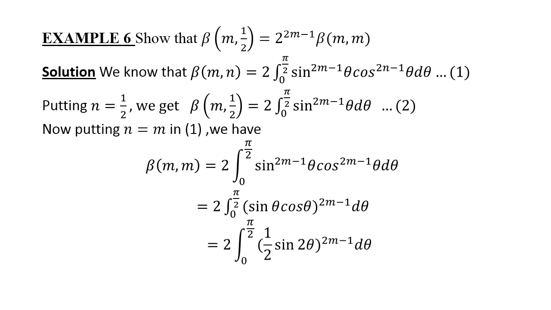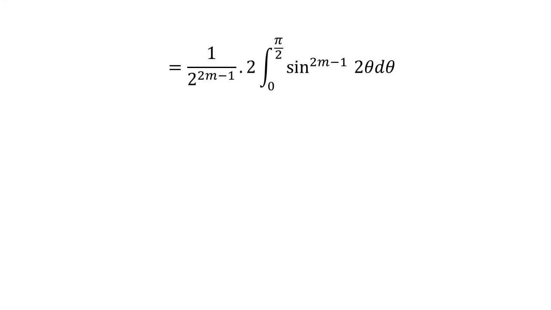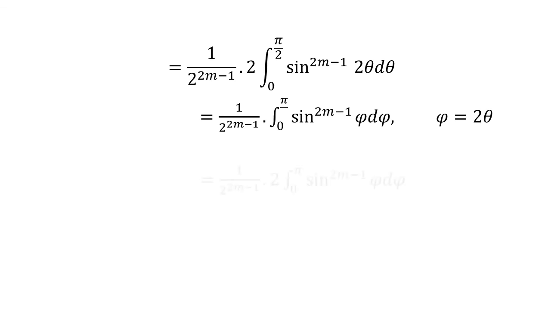This will equal 2 times the integral from 0 to π/2 of ((1/2) sin 2θ)^(2m-1) dθ. Thus we get 1 upon 2^(2m-1) into 2 times the integral from 0 to π/2 of sin^(2m-1) 2θ dθ. Now we put φ equal to 2θ, so the limit will be 0 to π, that we get,